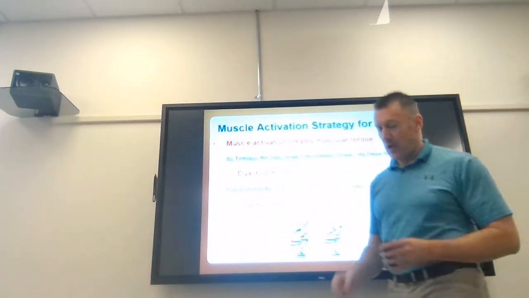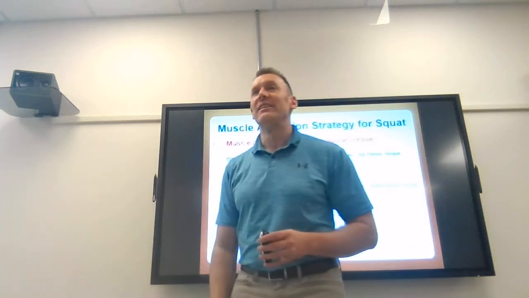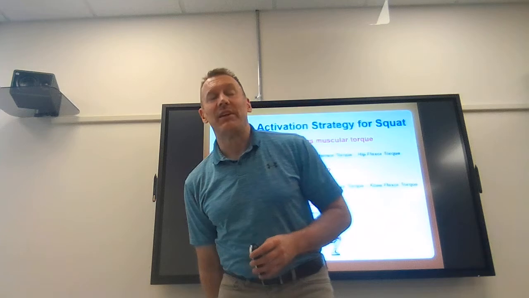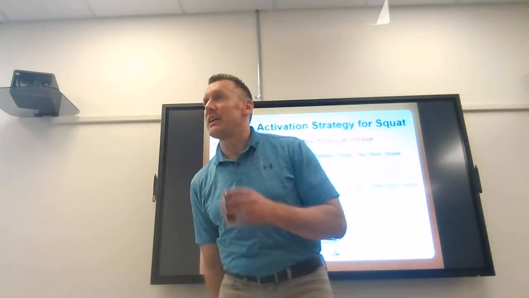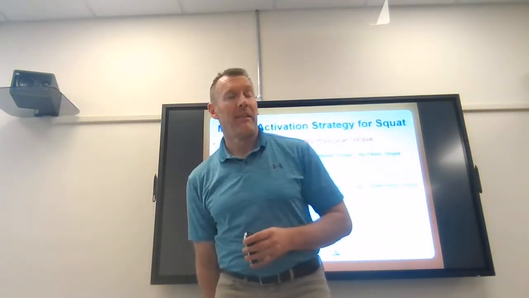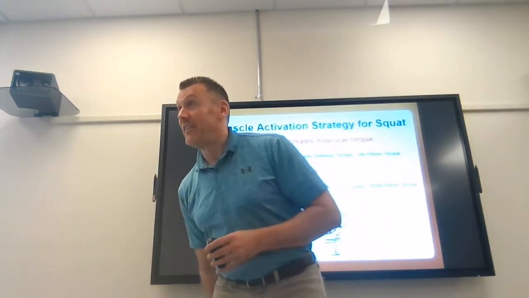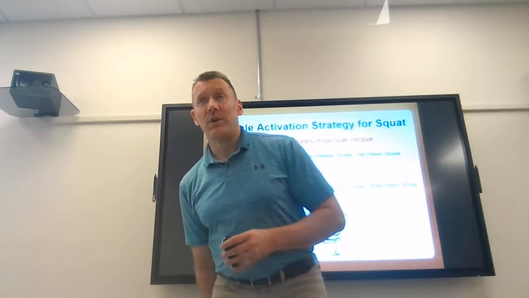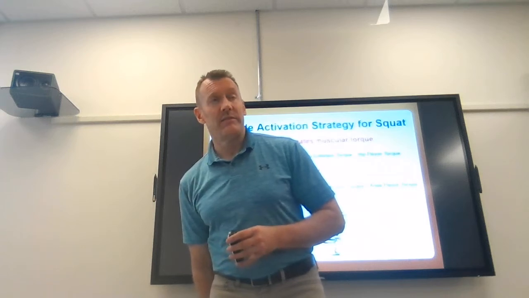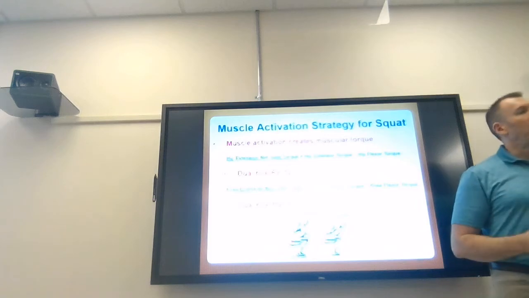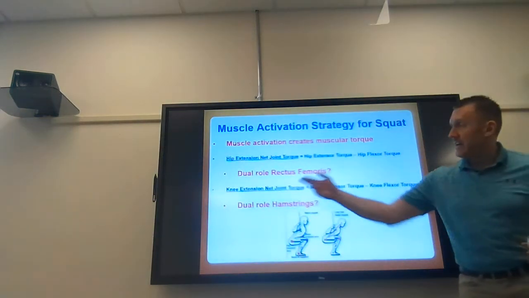The quadriceps are trying to extend the knee, but if you have overactivation of the hamstrings, that's working against the objective of the quadriceps, isn't it? The quadriceps want to extend the knee, but the hamstrings are creating torque in the opposite direction. So that would be inefficient, and that would cause the quadriceps to have to overwork to get that knee extensor